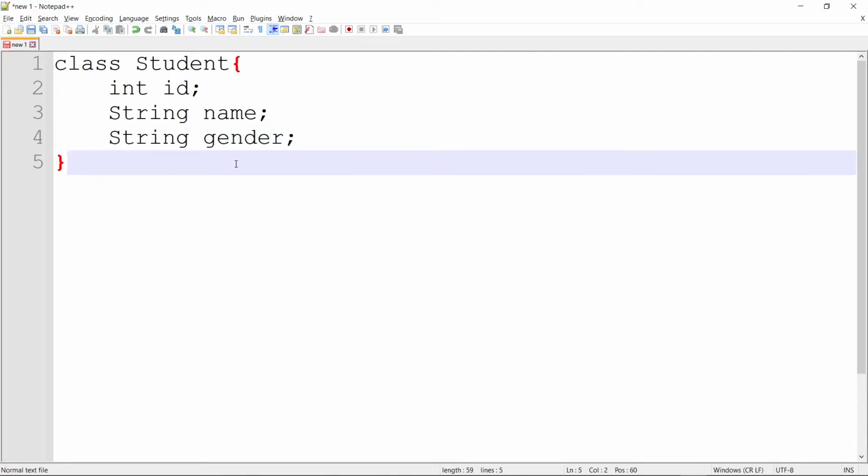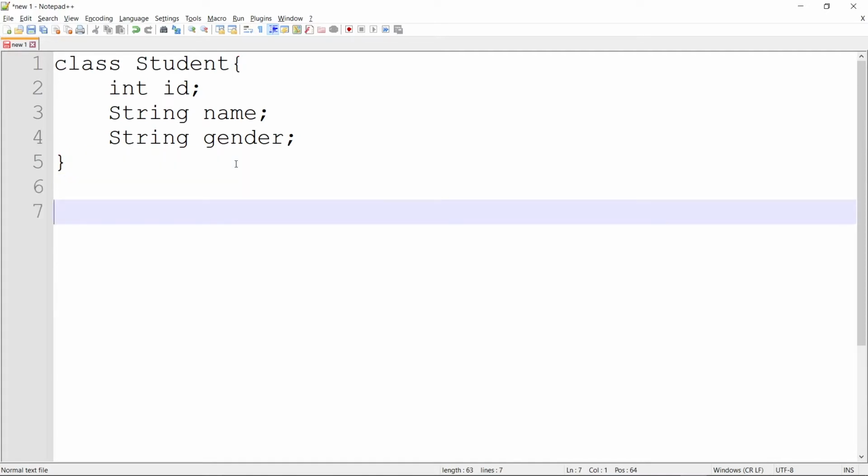Now how can we run it? Remember, we need to have the main function inside a class which will be the starting point of any Java program. So we'll keep the class student as it is and we'll create another class so that we can create another main function inside it. It's not that we can't create the main function inside the student class, but it's always a good idea to keep the main class from the main method separate. So let's create another class inside which we'll create the main method.